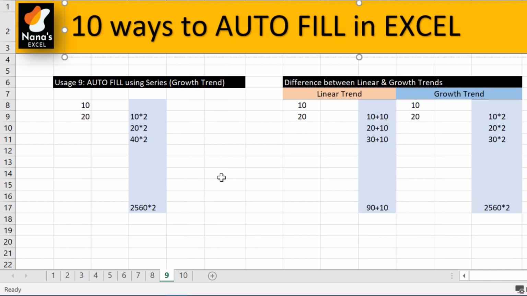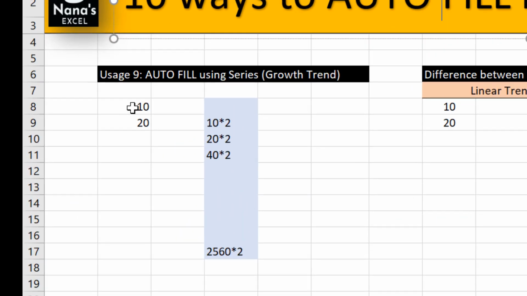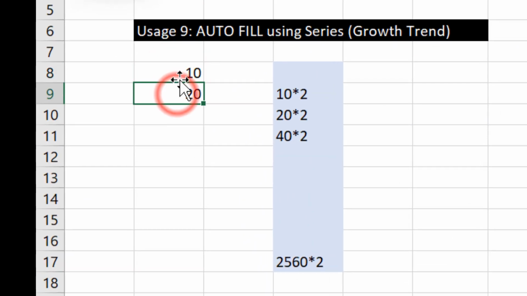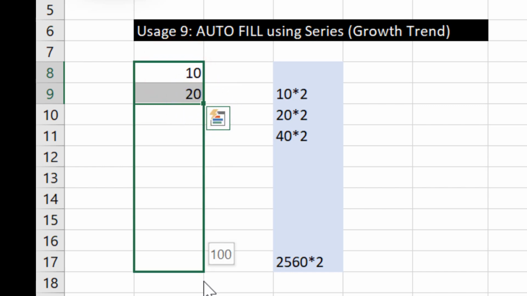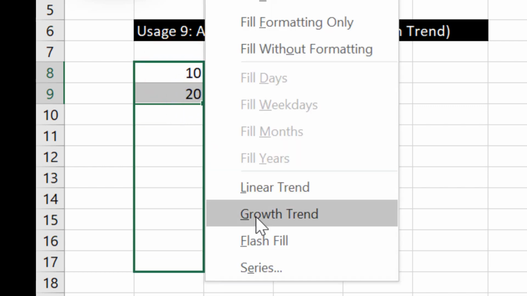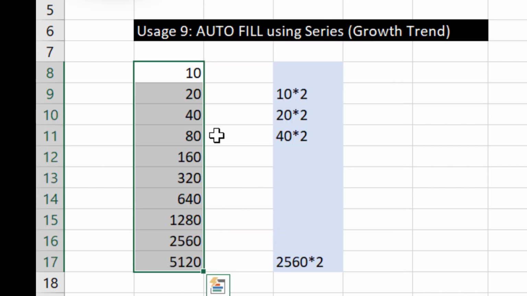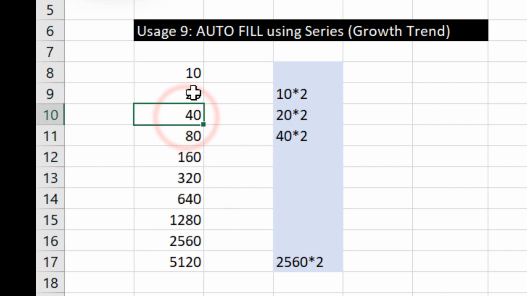Let's see how to fill up the growth trend. I have 10 here and I have 20 here. Let me select both the cells and then drag it using the right mouse and click on growth trend. If you see here, this is 10, 20, 40. 20 is 2 into 10, then 40 is 20 into 2.